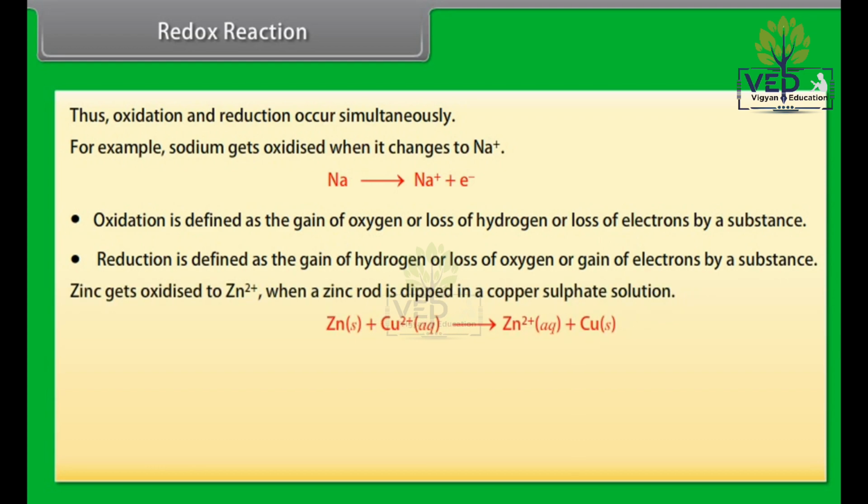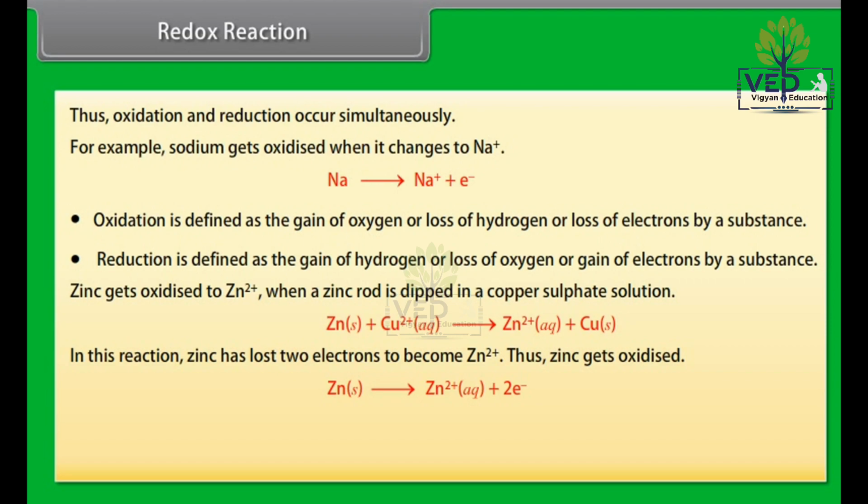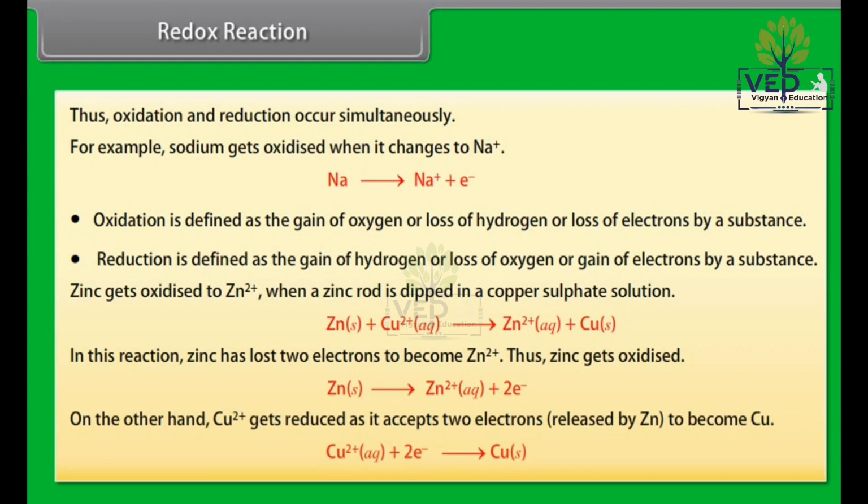Zinc gets oxidized to Zn2+ when a zinc rod is dipped in a copper sulfate solution. In this reaction, zinc has lost 2 electrons to become Zn2+. Thus, zinc gets oxidized. On the other hand, Cu2+ gets reduced as it accepts 2 electrons released by Zn to